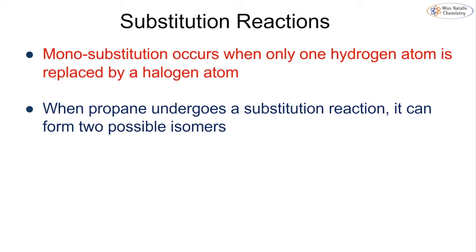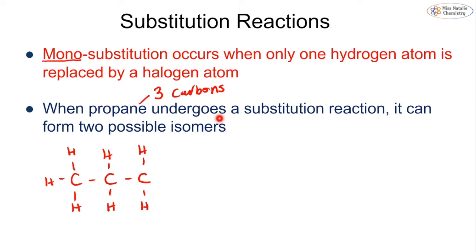Now, we call this mono substitution. Mono meaning we have one hydrogen being replaced. The problem that arises is once we start to get to larger molecules, such as propane, which has got 3 carbons, the substitution reaction can happen in different places on different carbons, which means that we can actually have different isomers. So if we have our propane, which is C3H8,